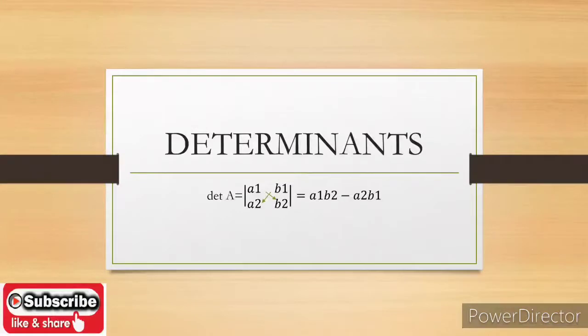I have shown here the cross arrow marks, which represent that you have to multiply A1, B2 and B1, A2. In determinants there is a rule that when multiplying two arrays of numbers or alphabets, you have to apply a minus sign in between. So it becomes A1 B2 minus B1 A2. So how will you do it in a third order matrix? Let's see.